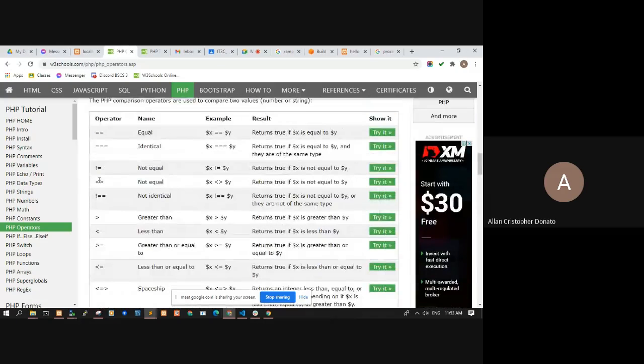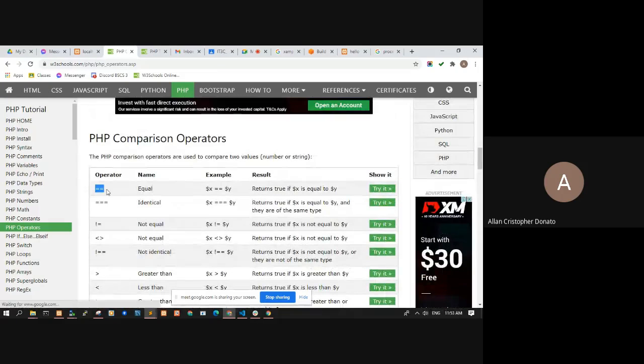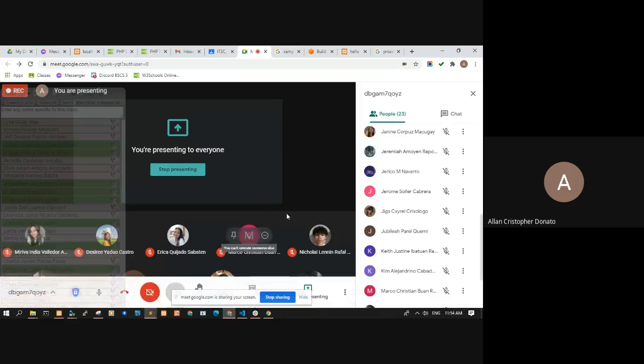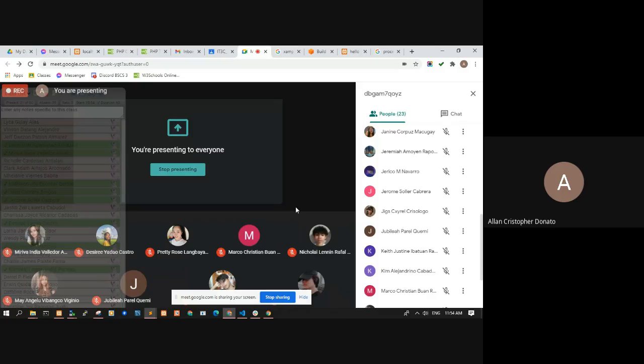So, familiar naman na kayo sa difference ng double equal and triple equals as comparison operators? Yes or no? Dalawa lang pagpipilian. Hello? You answer yes, I will not discuss.